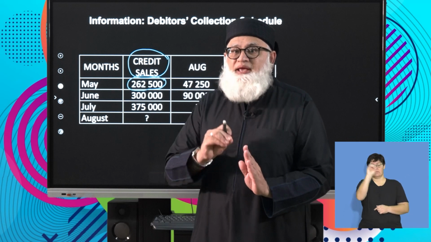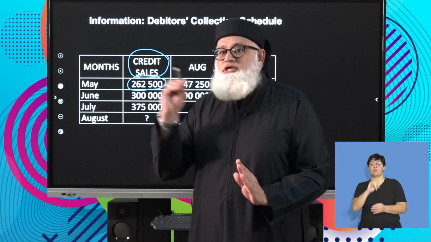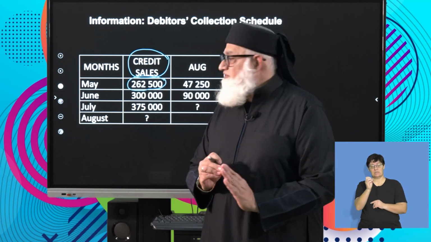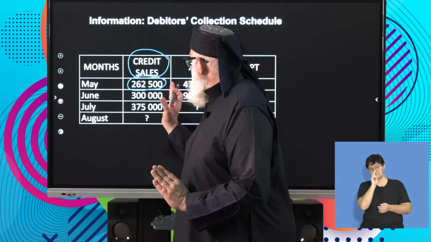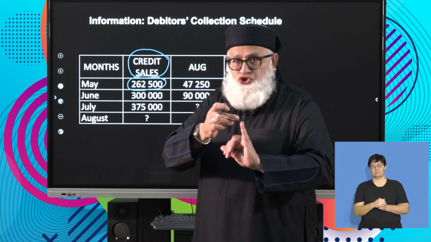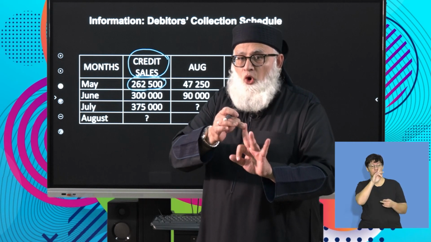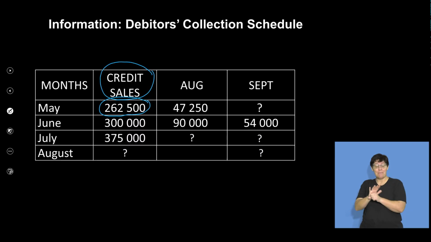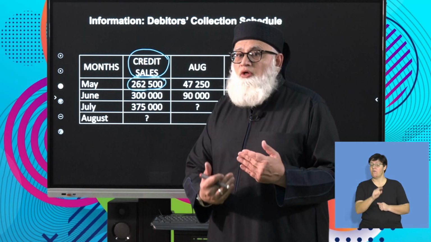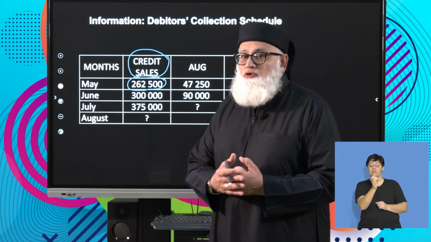A percentage will pay in July, a percentage will pay in August, and eventually you'll write off the 2% as irrecoverable. So here you can see that May will be June, July, and August. Obviously, this is not going to impact on your September figure. That means by that time, you'll be writing off the debt as irrecoverable, right? Meaning it will be your bad debt. Okay, but keep that in mind because later on, the question may ask us to calculate the bad debt.